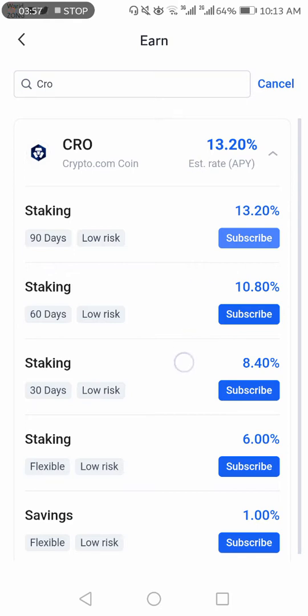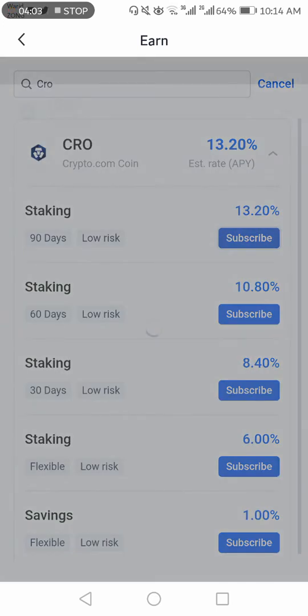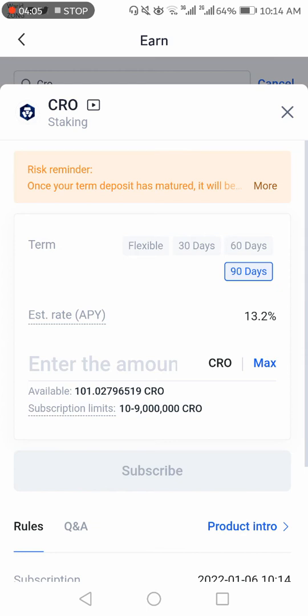Okay, so let's say I click on this option. I have to click on subscribe, and this page will open, and here you can see all the terms and conditions. You can see I have 101 CRO tokens available.